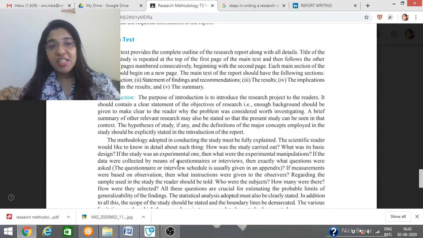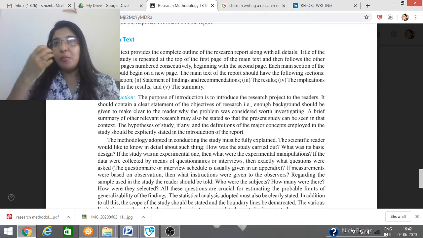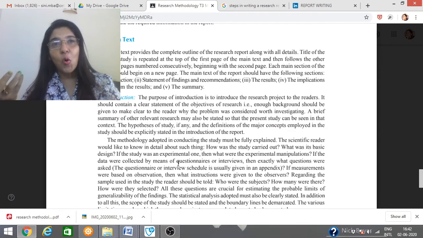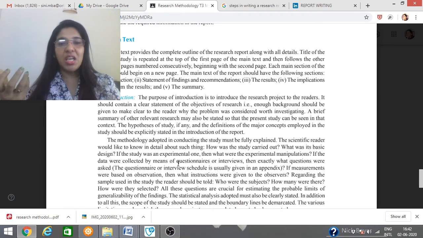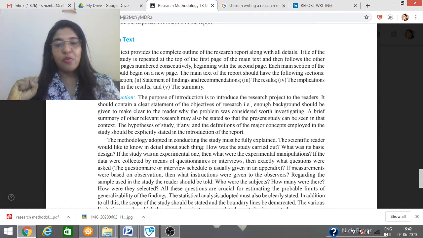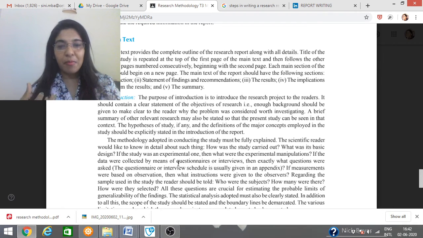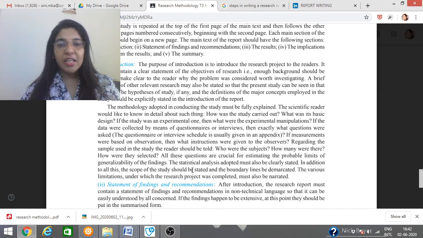That is, your introduction speaks about the purpose of this particular project or study, research, etc., the scope, the objectives, the problems identified, whether the problem is worth investigating, the hypothesis which you have developed as a result of that, the methodology which you have adopted here, how the study is carried out, what is your primary data, what is your secondary data, what is the research instrument you used, which types of tools you have applied, all the things, and how you did your analysis. All the things which come under the introduction part.